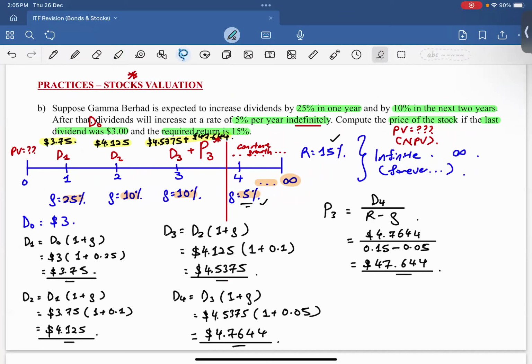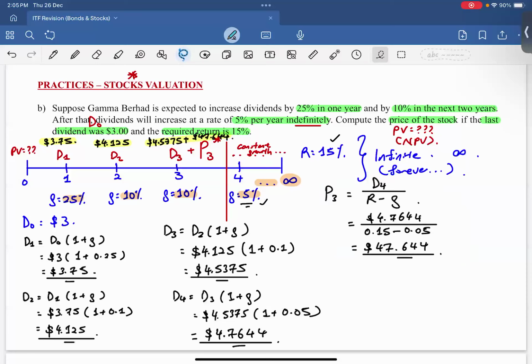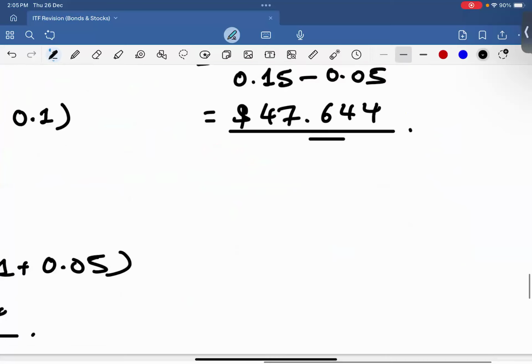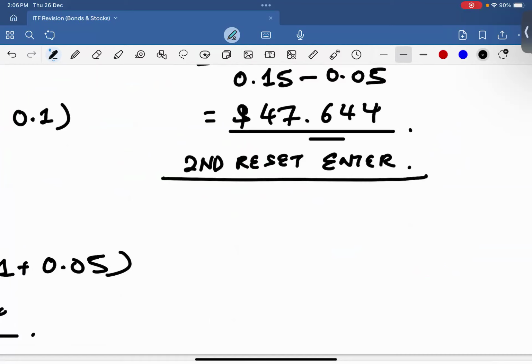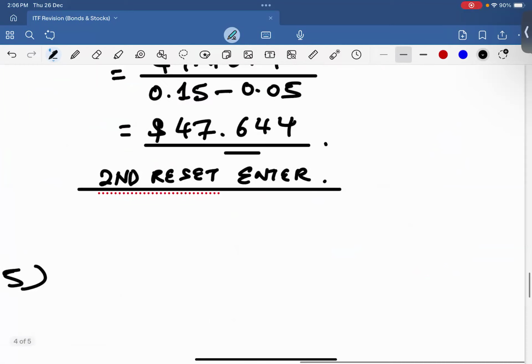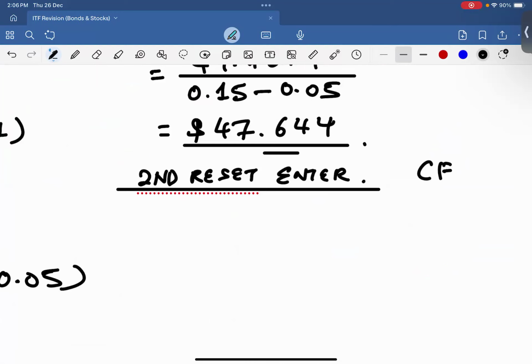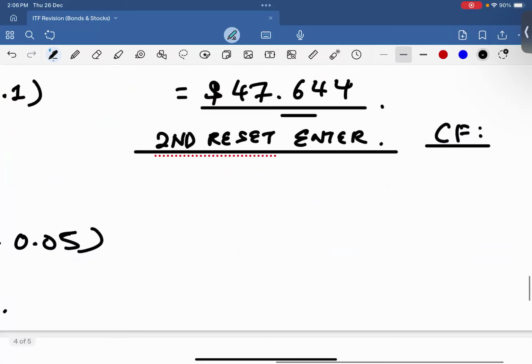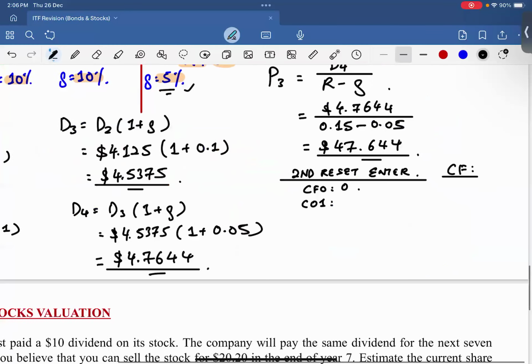Okay, so now let's use the cash flow function. Second, reset, enter. Okay, use the cash flow function. Press cash flow. Okay, remember to press second reset enter. If not, all the previous value will be stored in your history. CF0 equal to 0. C01 is